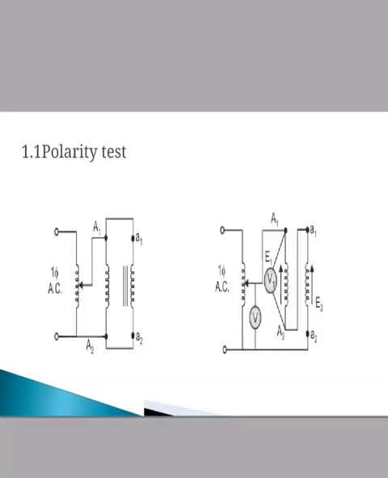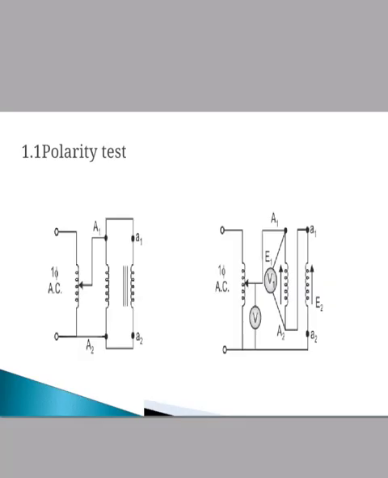In the case of a transformer, subtractive polarity marking is preferred because if any two adjacent terminals, that is capital A1 and small a1 or capital A2 and small a2, get shorted, the voltage available across the winding will be less than the supply voltage. Hence, it will not cause any harm to the insulation of the transformer winding. Because of that, subtractive polarity marking is used in the transformer.